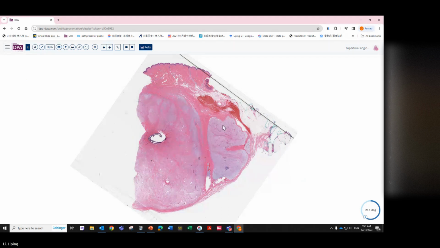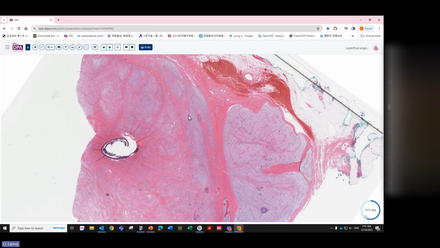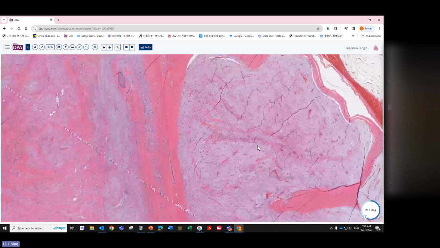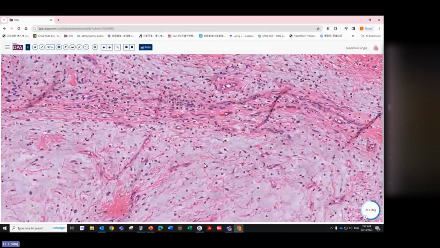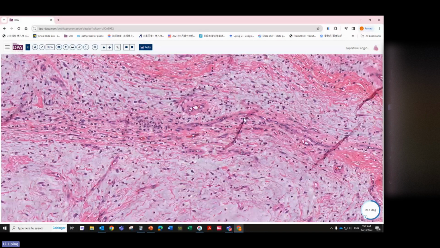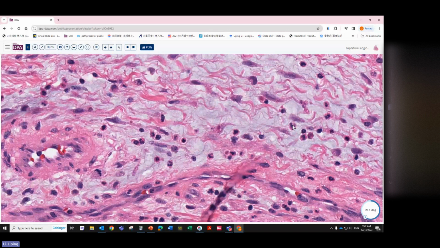Then from this low power, we also know that's really hypocellular. So if you would like to call something myxoma or superficial angiomyxoma, you cannot see hypercellular. And then also you could not see tons of blood vessel. If you see one of these 2 features, it's really not a cutaneous myxoma. So then we just zoom in to see this bland-looking spindle cell, but it's not the one I would like to show you here. I would like to show you what is this